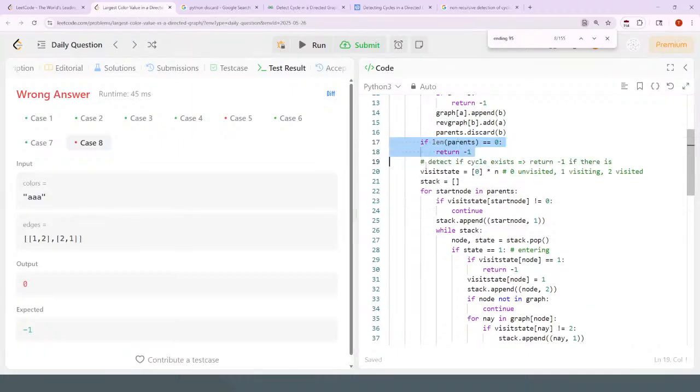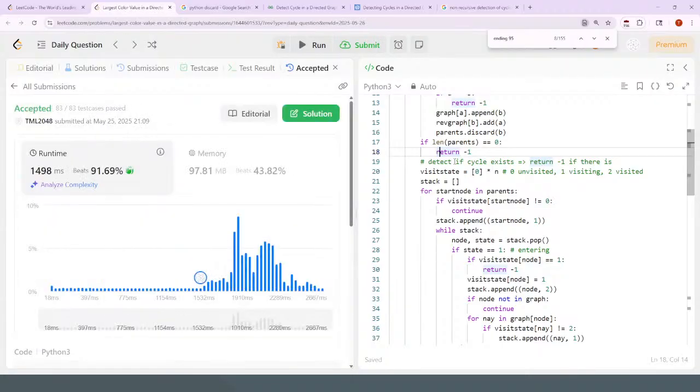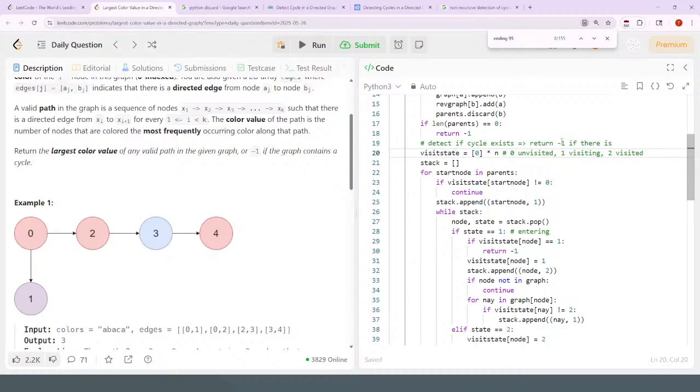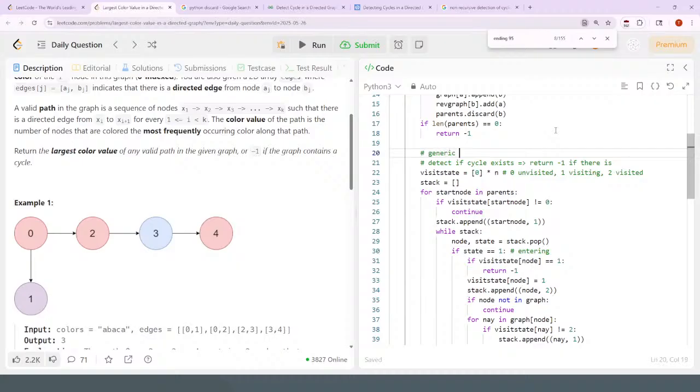I think I detect cycles using some other method later on. Oh gosh, I guess I don't. Okay, never mind. The name parents. Huh, that's interesting. In any case, let me double check if that still works. So then, this whole code is generic